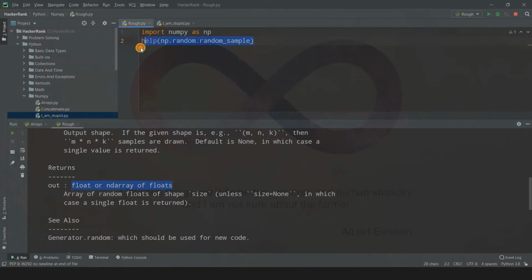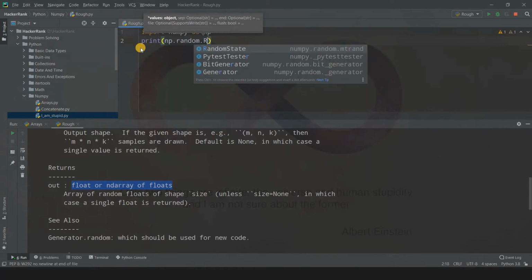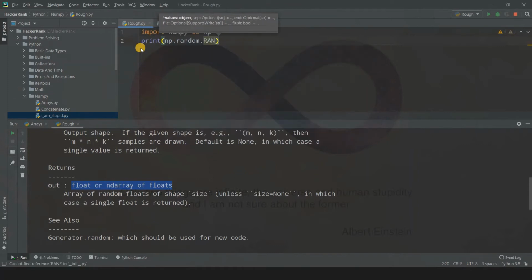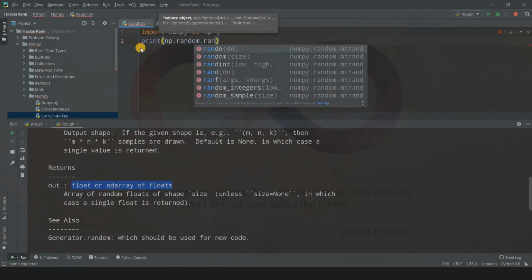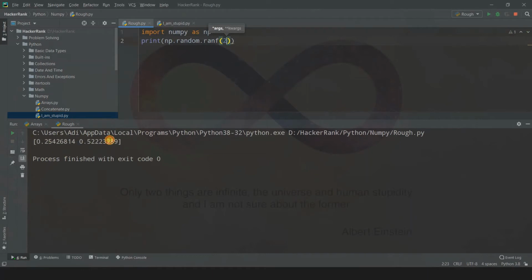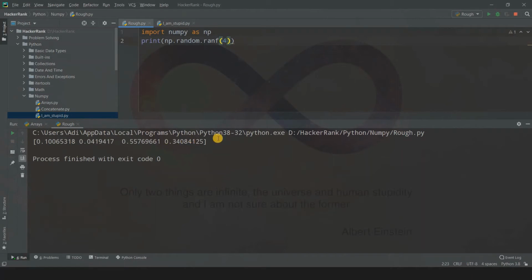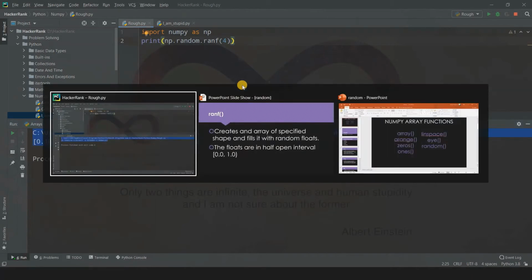So let us do one thing. Let us simply get an example so that we understand what is happening. So np.random.ranf, and hold on, why is caps lock on? Ranf, fine. And let us specify say 2 and run this code. So it will give us an array containing 2 elements which are random floating values. Remember, if you write 2 comma say 5, and now if you run this code, it will give us an error because it is not the same thing as we did before. So the 2 and 5 are not the dimensions, remember. So if you write 4, then you'll get 4 elements. So that's why I told it to you all. Fine, this was all about ranf.